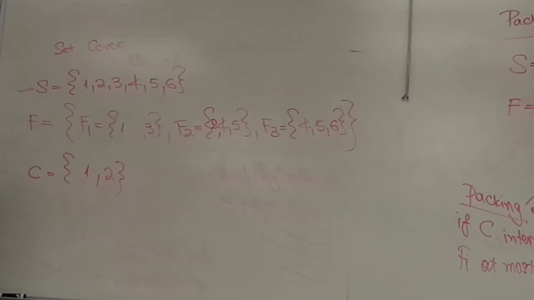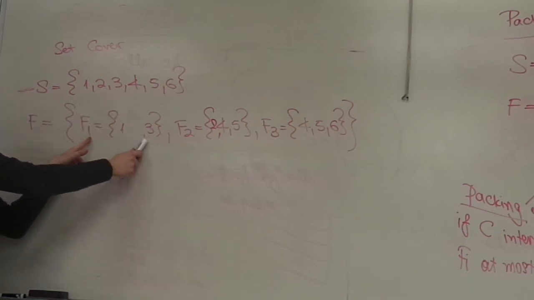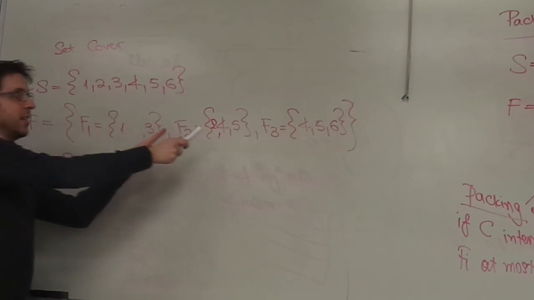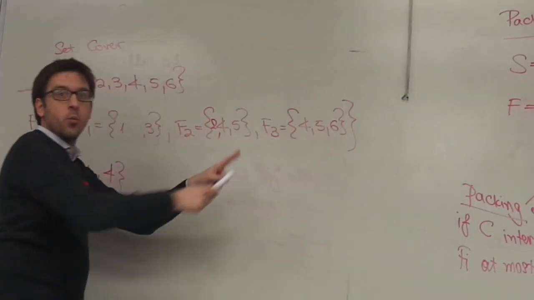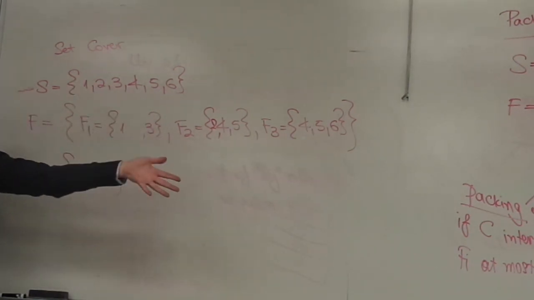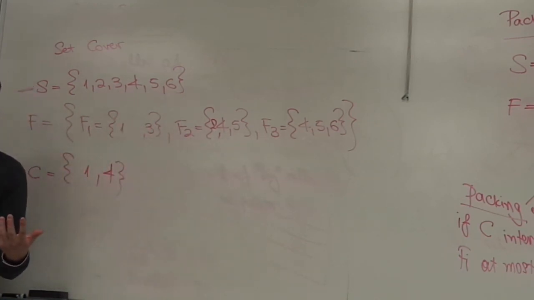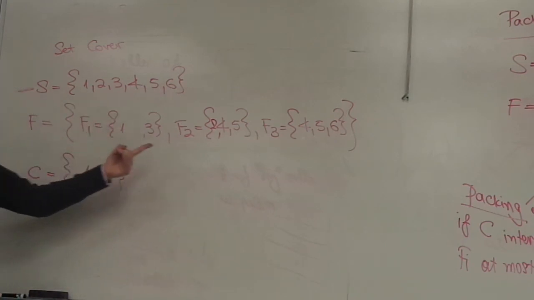Yeah, I do. I'm just checking the definitions here. So let's see if that set C was 1 and 4, where you can choose between F2 or F3. Am I allowed? No. Every family. I need to intersect with every family. So I intersect with family F1 once. I intersect with family F2 once. I intersect with family F3 once. So I am a packing. I happen to also be a partition because I satisfy that exactly once. And I happen to also be a cover because I do it at least once. Okay? If this one is not there, that's a packing because at most once,